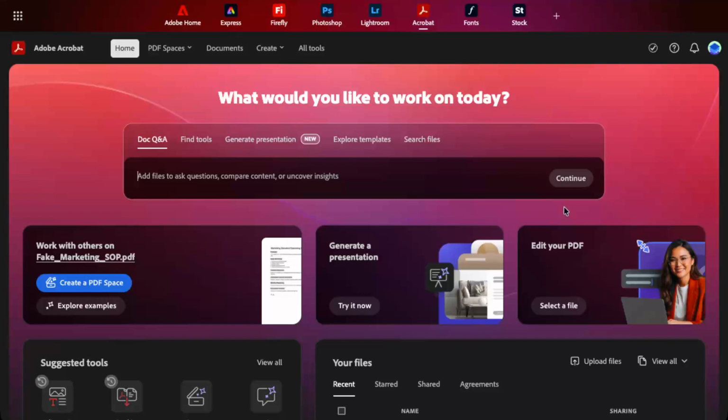without any confusion. To begin, go to your Adobe Acrobat homepage. This is the main landing area where Acrobat shows your recent activity, tools, and saved documents. If you've already signed in, this page should load automatically. If not, just make sure you're in the Acrobat home area before continuing. Starting from the home page is helpful because it gives you a central place to find the files you've worked